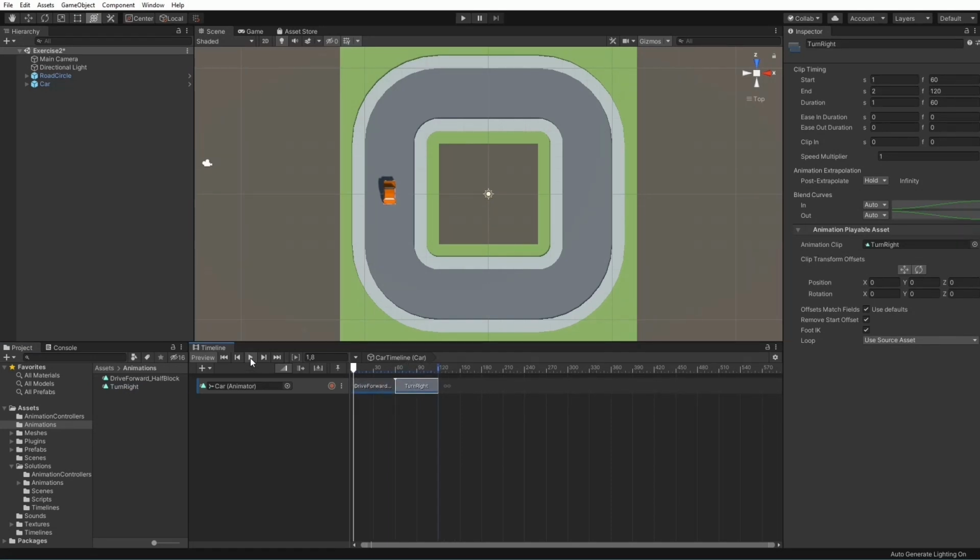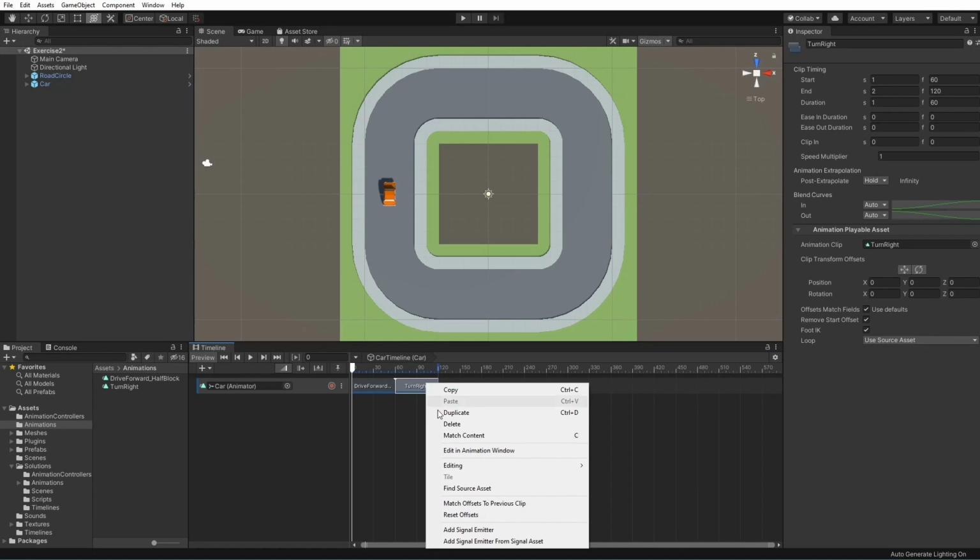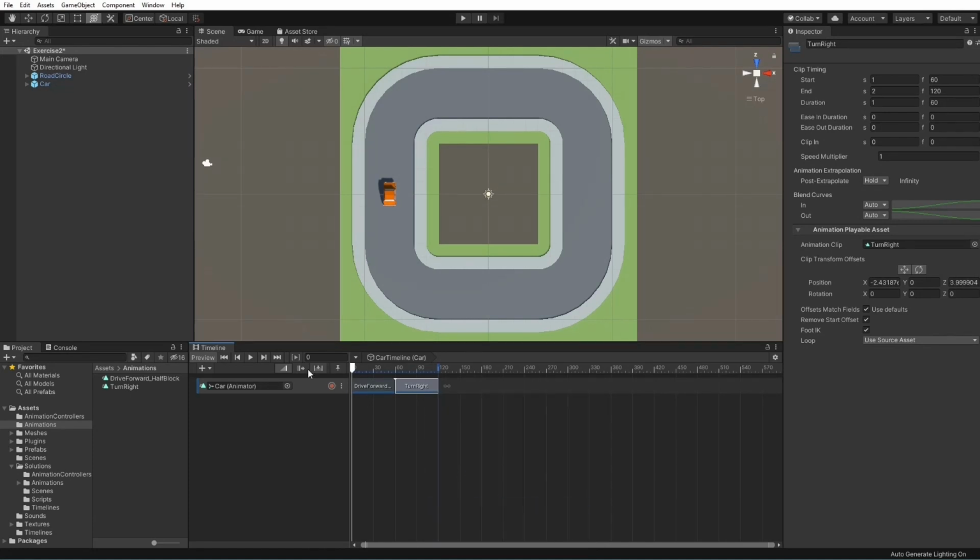If we play this now, we have the same problem again as before. So I right-click on it and say, Match Offset to Previous Clip. And so, we've already completed the first turn. To continue, I use the drive forward block again. In this case, I have two. Starting from here,